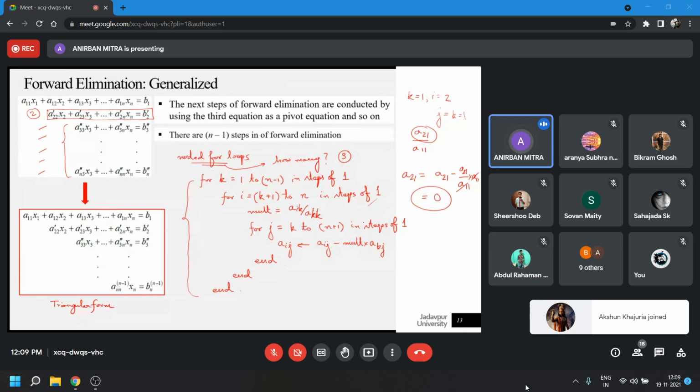You can try with the other terms as well, and you will see that it will conform to the expressions that we had seen in one of the previous slides. That I would leave as a task to you, and that would also crystallize the concept of this algorithm in your mind. So do carry it out and see how this algorithm behaves and how it compares to the steps that we had written by hand.